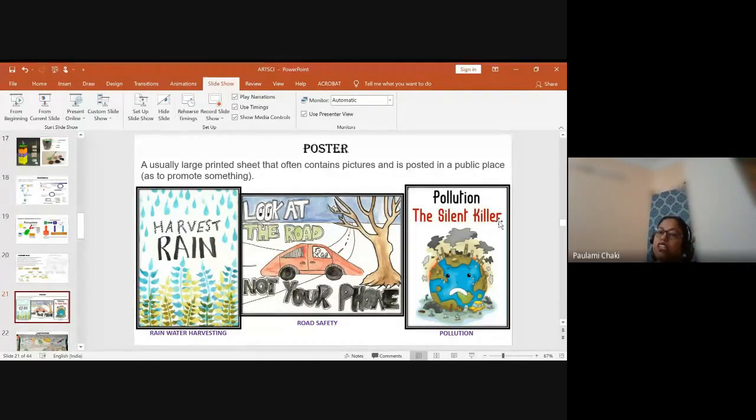Especially, these posters can be done on all common topics like sewage treatment or garbage, how to be garbage in and garbage out. There is one lesson in grade 6. Then air around us, wherein air pollution, in grade 7, 8 also. In grade 8, I remember we have global warming concepts, where we can easily introduce poster and even the slogan.